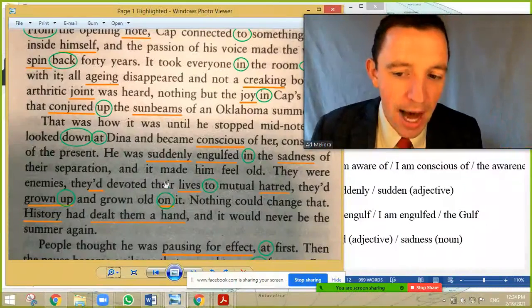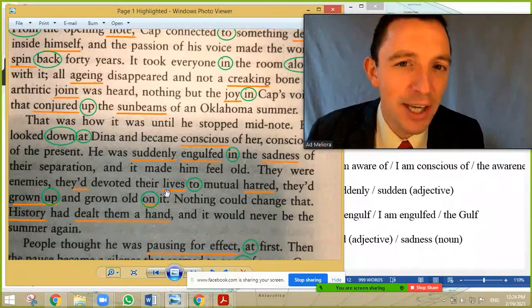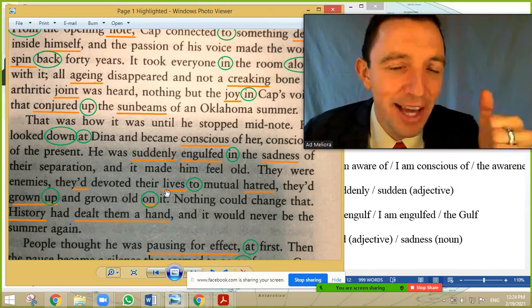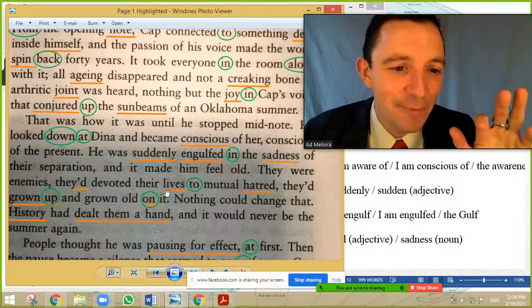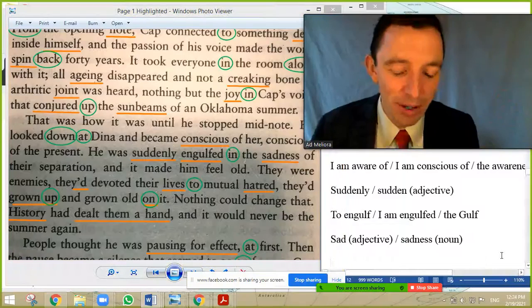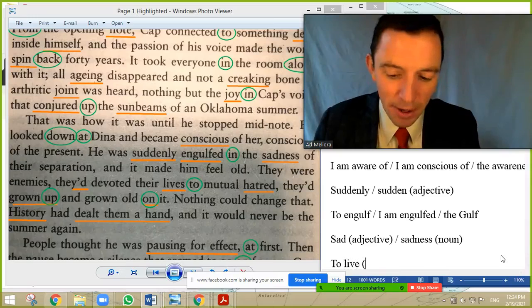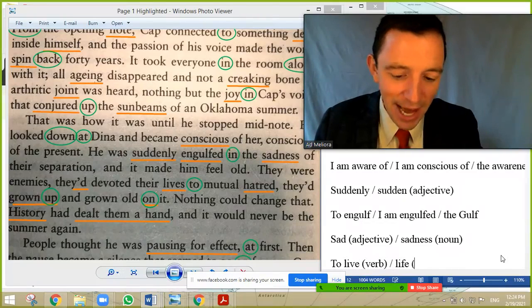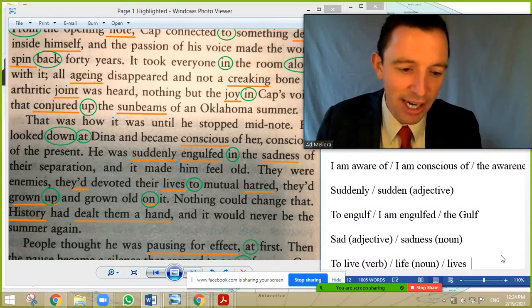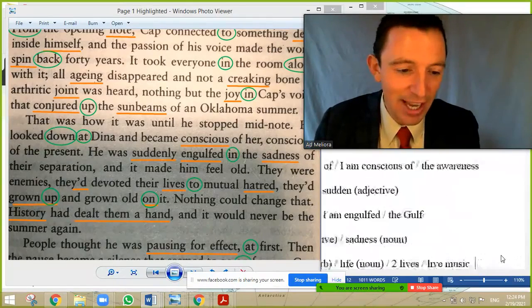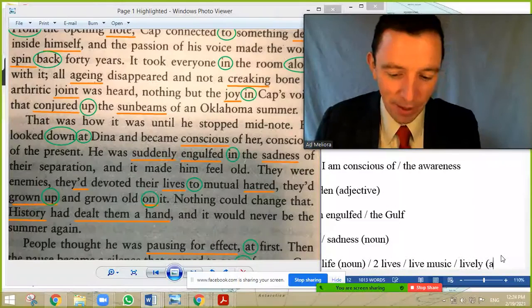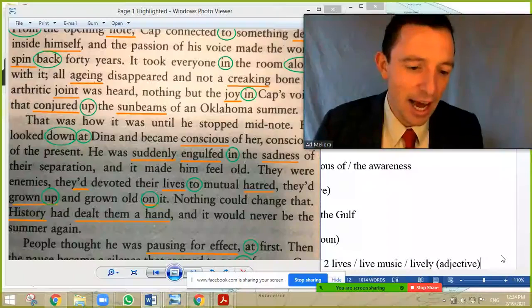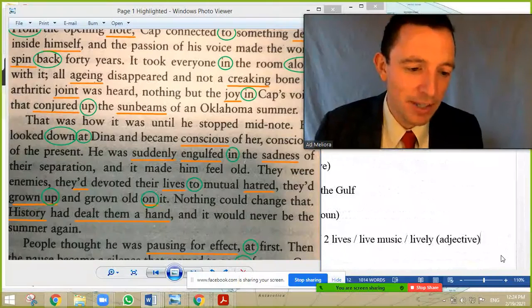Okay? And lives, remember this week we spoke about the difference, the verb to live, and the substantive is a life, and the adjective is alive or lively. So we have that family is very important. To live is the verb, pronunciation. The life is the noun, and the plural is 3 lives, 2 lives, plural. And then for music we say live music. So the pronunciation is all a little different, and the adjective is lively. Okay, or alive. You have another possibility.